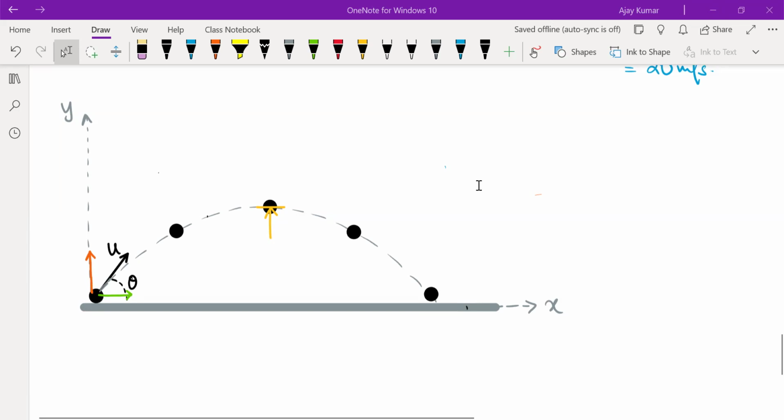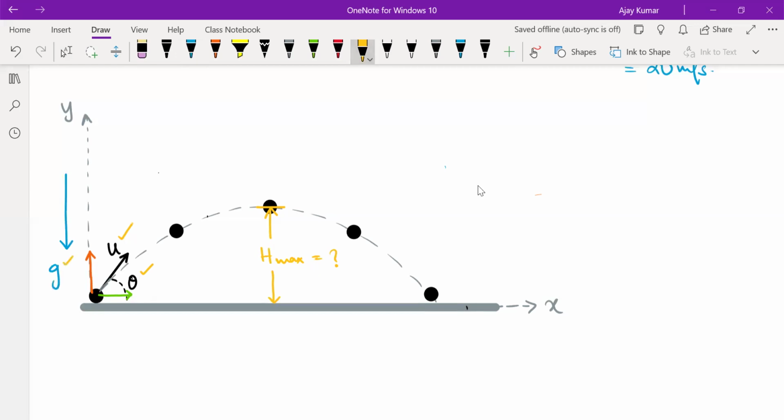Okay. So what we have to derive now is this maximum height. And what do we know? We know the speed with which the object is projected. We know the angle at which it is projected. And we know that acceleration is due to gravity. G is also known. Can one of you tell me an idea to derive an expression for maximum height? We just discussed that acceleration due to gravity is constant. So equations of kinematics are applicable. Which equation can we use to derive this height?